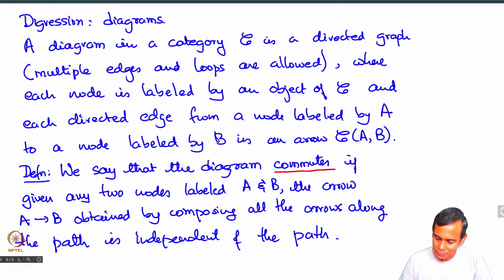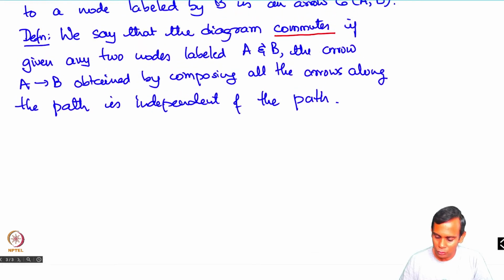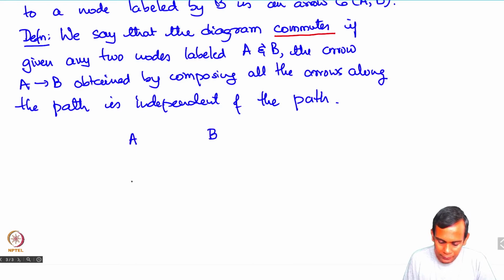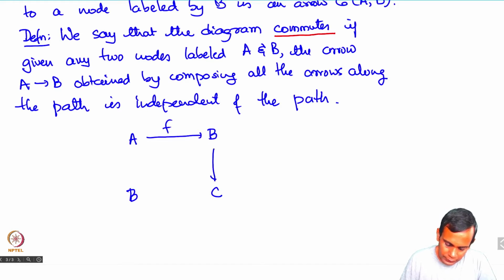Nevertheless, let me just explain why we use the nomenclature commutes. It comes from a very simple diagram. So suppose I have objects A, B and C, and I have arrows, maybe I'll call them F and G. F is an arrow from A to B and G is an arrow from B to C. And well, this is not going to work so well. So what I need is